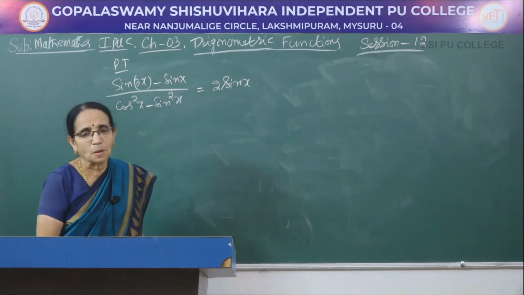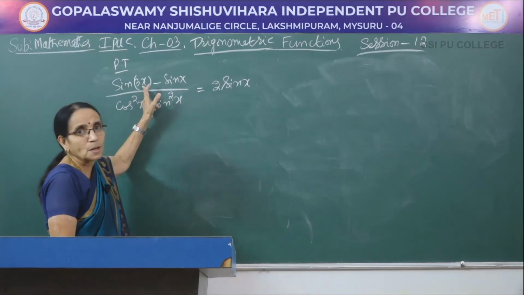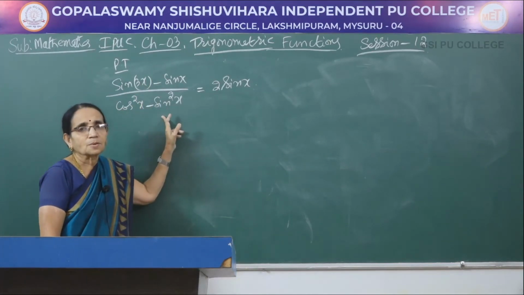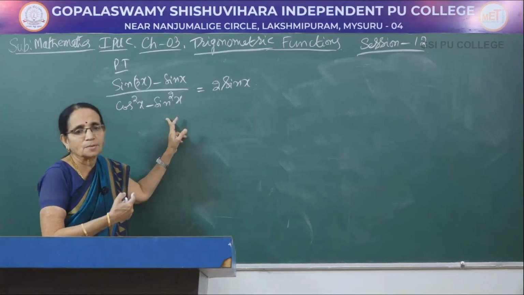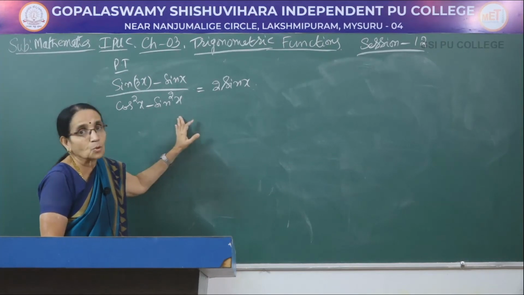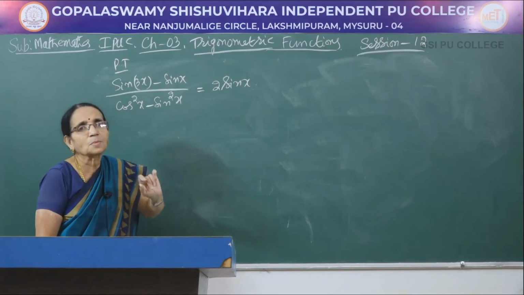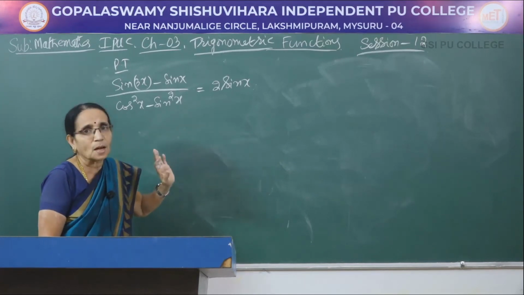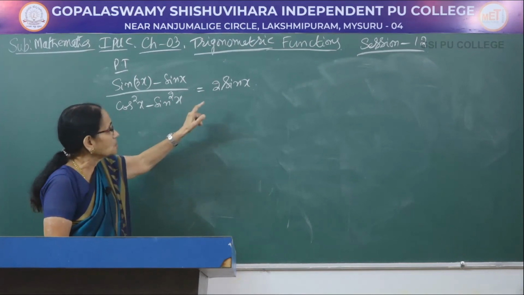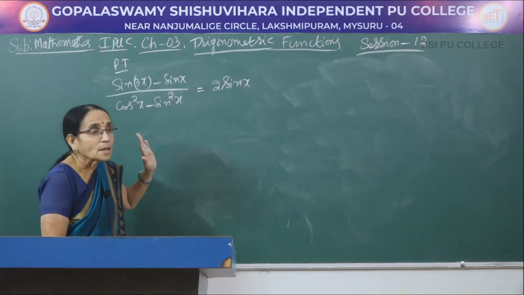Now, this is the problem. Here we have a multiple angle, sin 3x. Look at the denominator. It is cos 2x, which has the expansion cos square x minus sin square x. Don't write cos of 2x here, because on the right hand side you observe we have only one term, 2 sin x. That means we have to rewrite cos square in terms of sin. Then only we can solve the problem. That cos has to be eliminated.